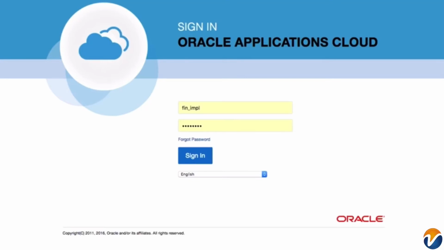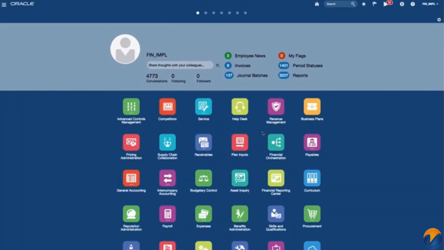Basic navigation within Oracle Fusion applications, and let's look at some of the features that we have. From the login page, enter your username and your password, then click the sign in button. This should bring you to the page displayed on this screen. Now this page is actually called the Welcome Springboard, which contains icons that enable you to access